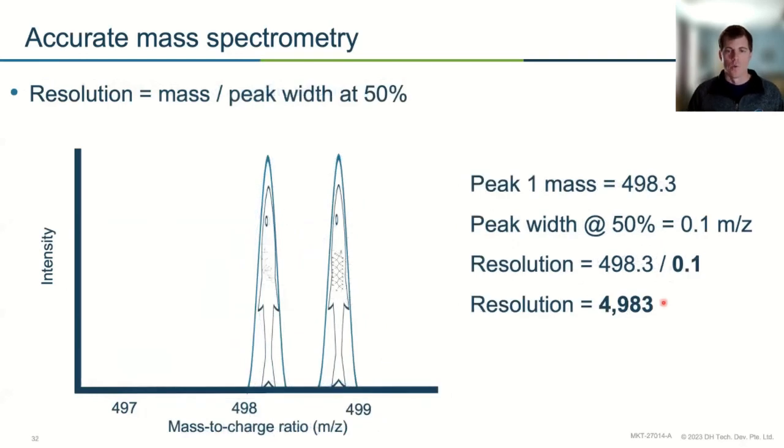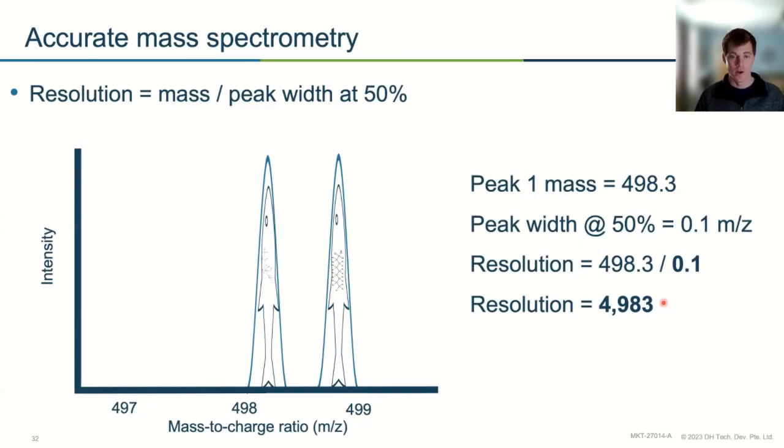By increasing the resolution more, so this is a resolution of 5,000, you can see that we've actually separated the two compounds at baseline. So in this case, a high resolution of 5,000 as our resolution score is all we needed to actually separate the two compounds. This is easily achievable by a QTOF or by ion traps. This is about as good as you could possibly get with the best, most tuned quadrupoles out there. So it's just kind of interesting to see in the context here how much resolution we need to separate these